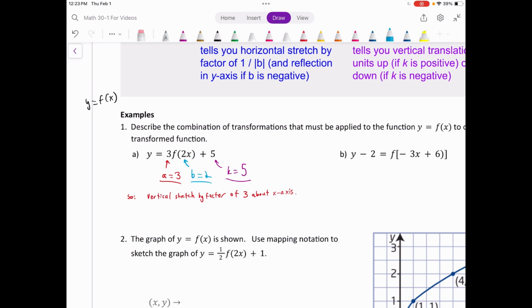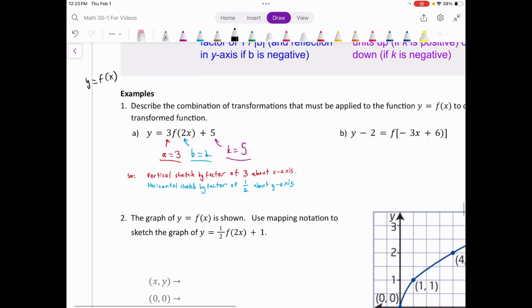And again, then we would do a horizontal stretch by a factor of, be very careful, is it going to be a factor of 2 for a horizontal stretch? If b is 2, is the horizontal stretch 2? No, right? It's always 1 over b for the horizontal stretch, again, because x isn't actually isolated in those equations. So it's a horizontal stretch by a factor of not 2, but 1 over 2 about the y-axis. So now we've done our stretches. Again, we could have flipped the order of those. It doesn't actually matter which stretches you do first,